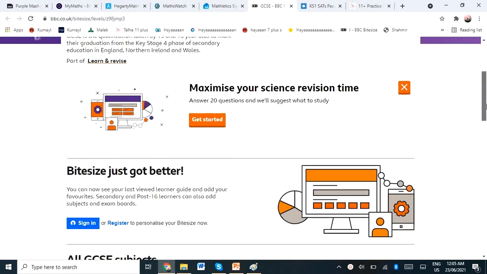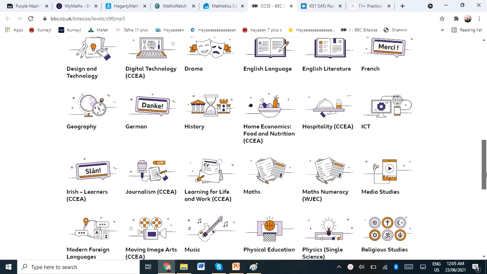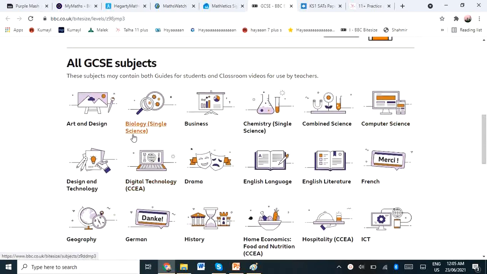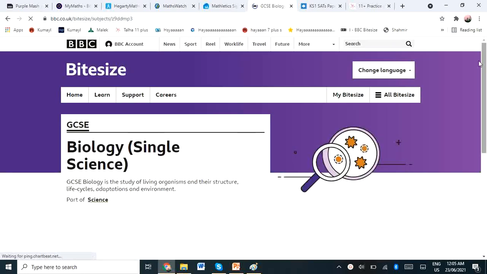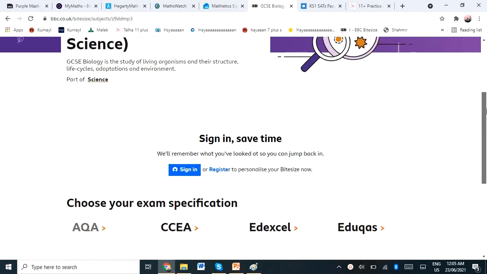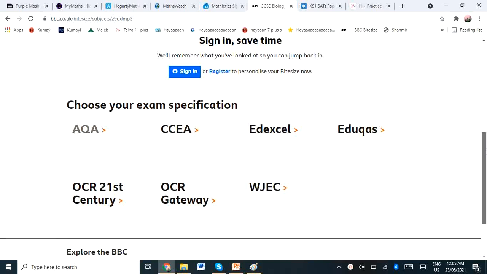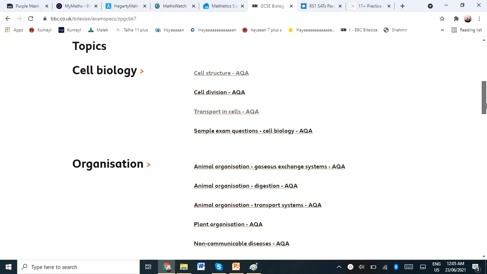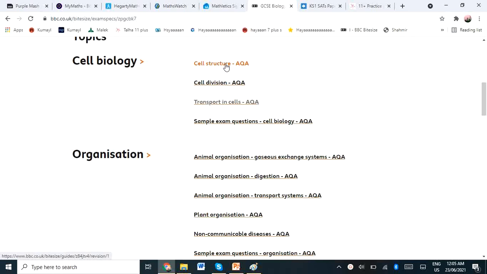This is a GCSE website and it includes all the subjects that are going to be covered in GCSE. Suppose I would like to have a topic of biology. If I go on biology, it would tell me all the exam boards that I'm looking for notes of. You can ask your student which exam board he or she is doing in school. Mainly people do AQA, and if you go on AQA, it would show you the list of topics which are going to be covered in biology science. Go into any topic, make the notes on Microsoft Word, and there is a test at the end.